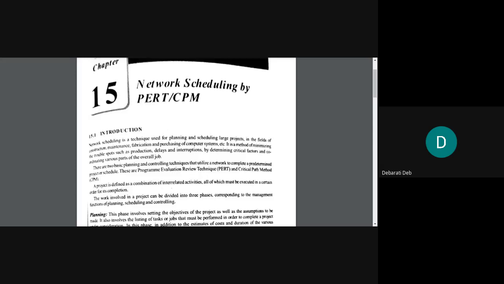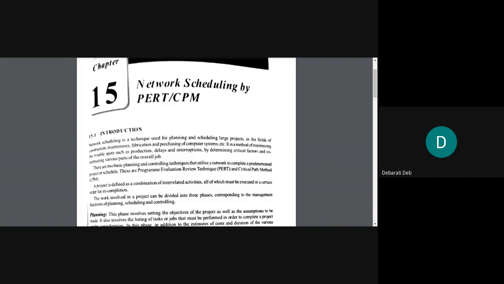Now, what could be the trouble areas? The trouble areas can be in the production process. They can be in delays and interruptions. It can be anything, right? Delays in the sense that some manpower has backed out, some system is not working properly, the planning was not good, or the selection of the system was not good, that's why the delay or interruption occurred. So all those trouble spots will get minimized if you follow a perfect network schedule.